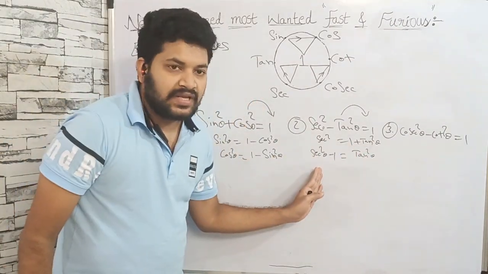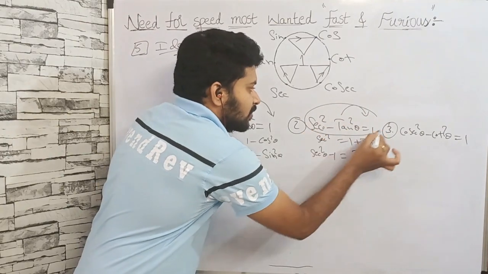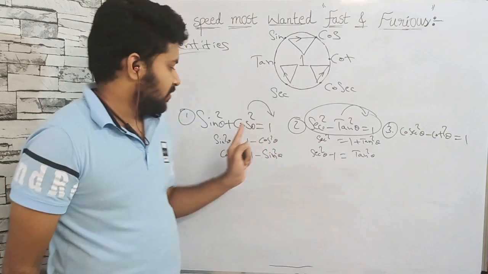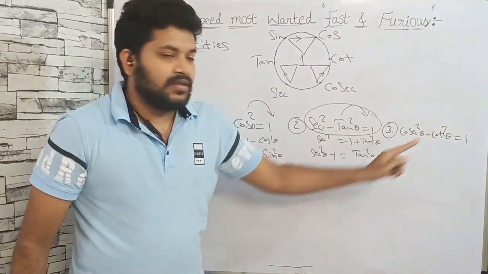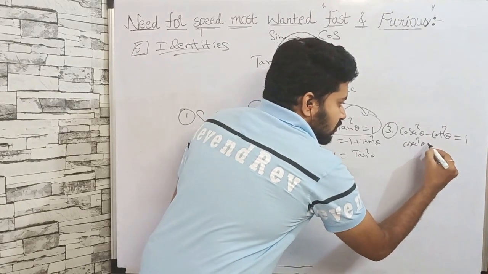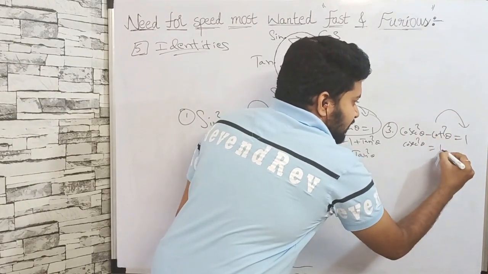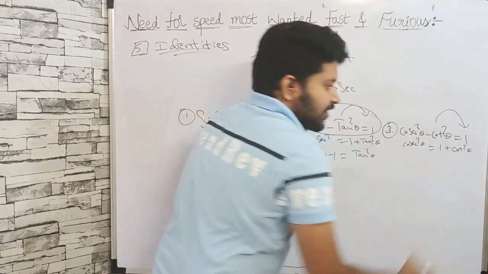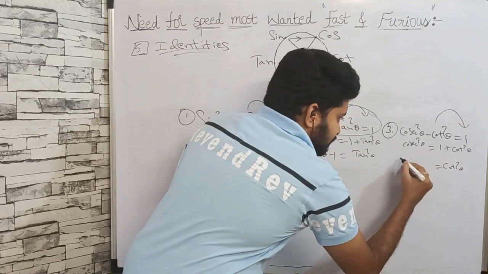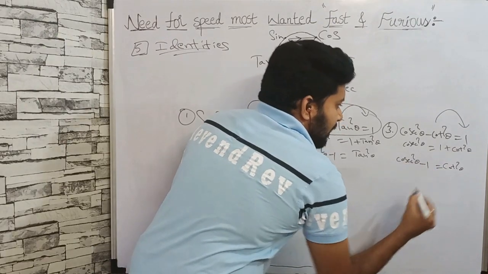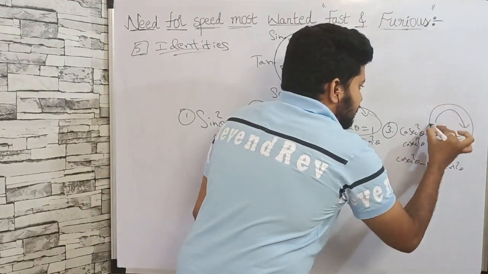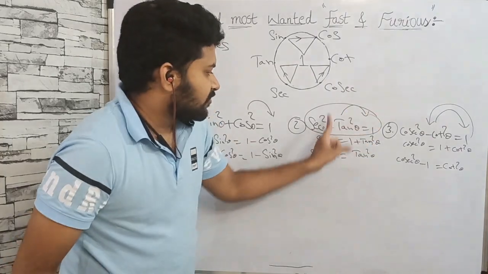From this also we have three formulas. The main thing you should remember is this one: secant square theta minus tan square theta is equal to 1. This minus is very, very important. And here plus, and the same minus for cosecant square theta minus cot square theta. Here cosecant square remains on the left side, this minus shifts to the right side: 1 plus cot square theta. And cot square remains on the right side only: cosecant square theta minus 1. In this case 1 shifts to the left side, the same in this case.